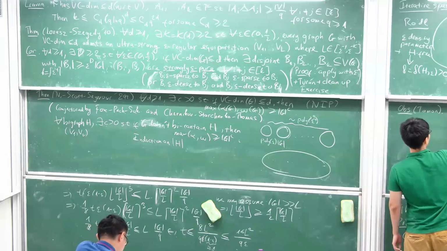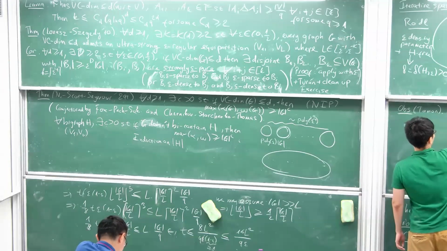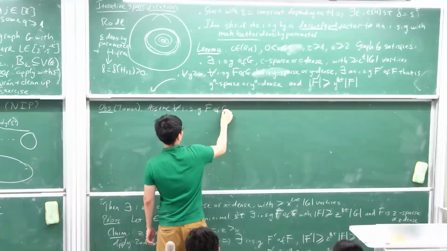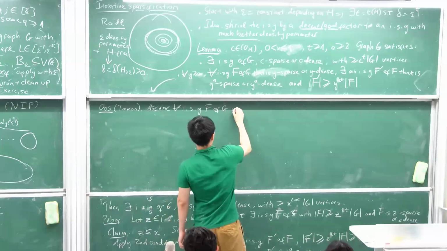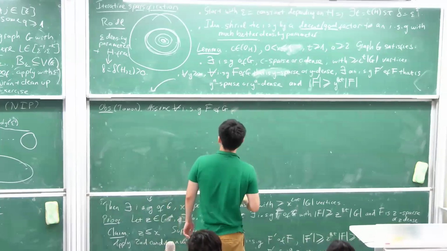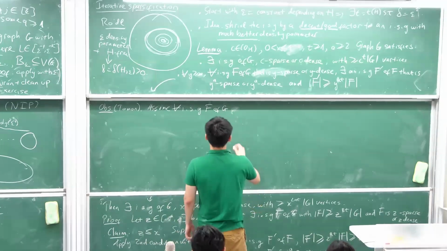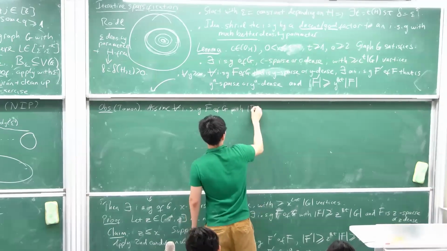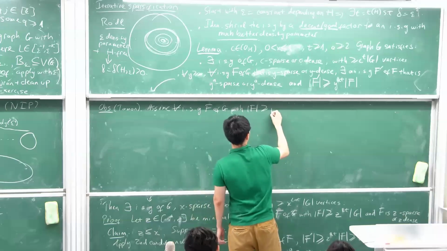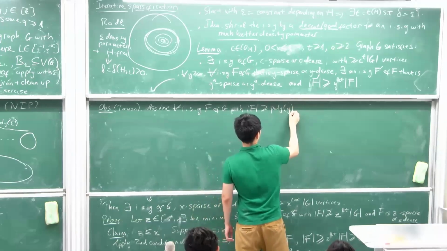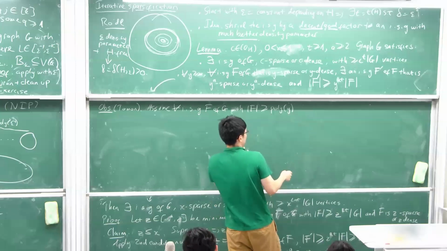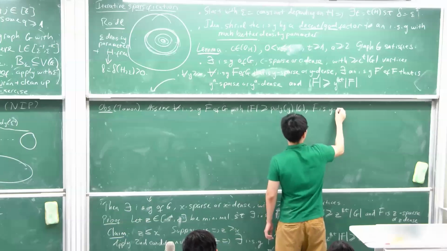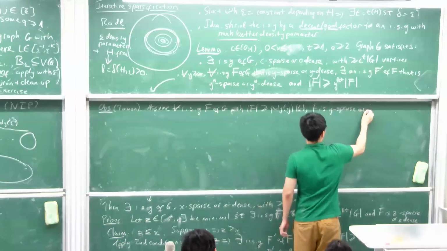So assume that for every induced subgraph F of G with size at least poly y, so from now on, y is going to be our floating density parameter, and F is y sparse or y dense,